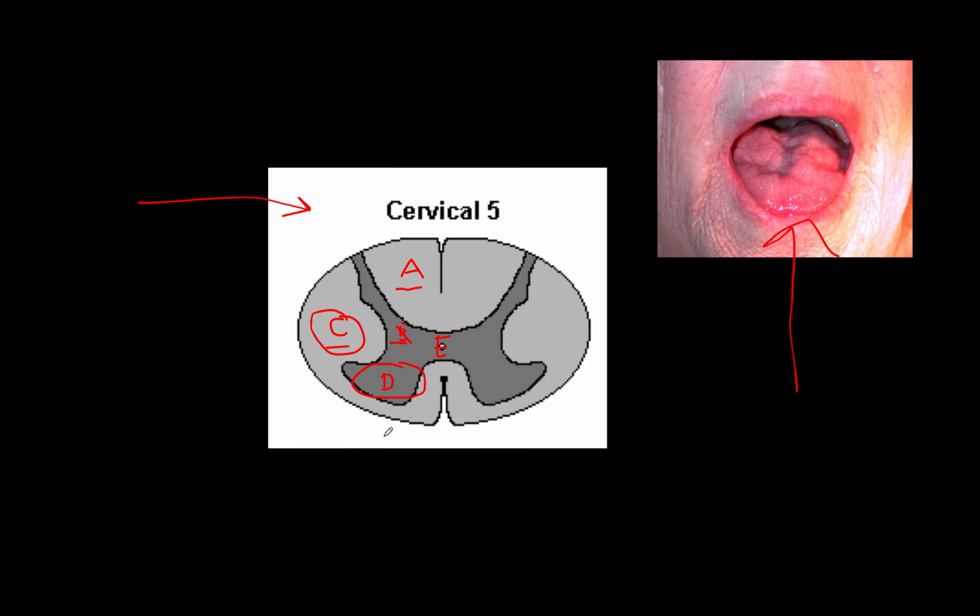from the motor cortex all the way down. These axons will enter and synapse on our lower motor neuron. That lower motor neuron will go on and innervate part of our body. Okay, and so when we have damage or destruction to part of our lateral pathway, as well as the lower motor neuron, that's going to give us our upper and lower motor neuron signs, depending on where in the body it is. This is asymmetric. Each part of the body is going to be affected at a little bit of a different time. Okay. A is going to be carrying all of our proprioception, fine touch. This is the dorsal column, and so that's what we would expect to see there.